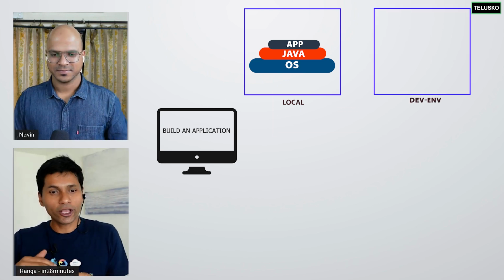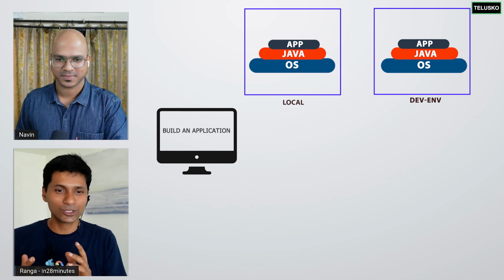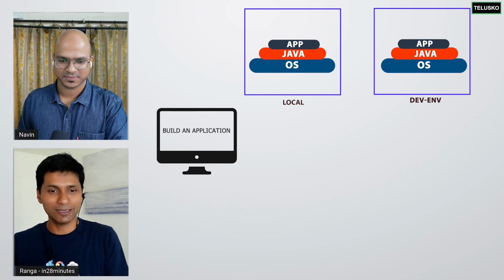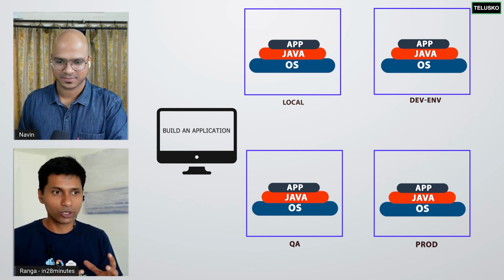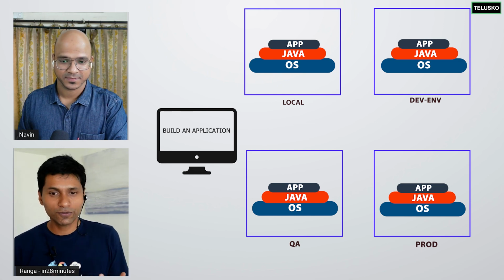Now, let's say I'm deploying this to a dev environment. I need to exactly repeat the same things again. What we used to do is write these in a document and give it to an operations guy who actually deploys to dev, QA, stage, production. That's how we used to do deployments earlier. You'd need to write a lot of instructions, give them to people, and they would deploy. And that's why we used to face problems like "it works on my system." That's the frequent thing. It works on my system, but it does not work on the dev environment or QA environment. There's a problem with the staging environment. Why does it happen? Because we develop an application, but beneath the application, you have the runtime it needs.